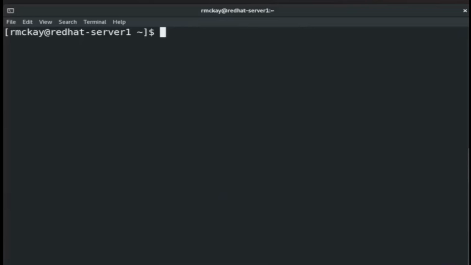But if you do want to delete the home directory along with the user account, you can use the -r option. Let's go ahead and type this in, sudo userdel ksanders -r. We're not going to hit enter just yet because I want to show you another way of adding and maintaining